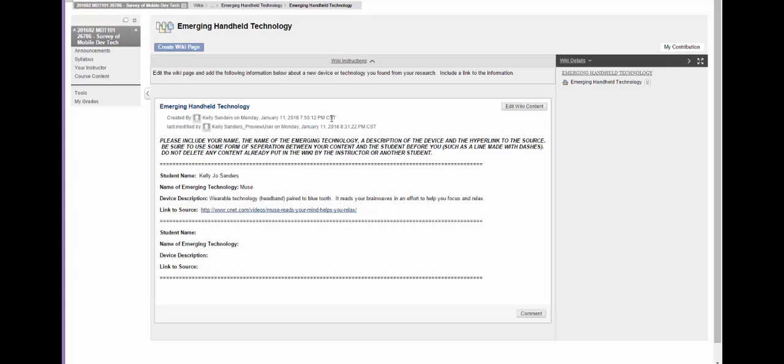Now, notice that the wiki has already been created, and you are not going to create a wiki page because we're doing one page and we're all contributing to it. So don't create a wiki page. You want to edit the wiki content. You notice that I've already started the page and I've posted an example as if I am a student. So you would click on edit